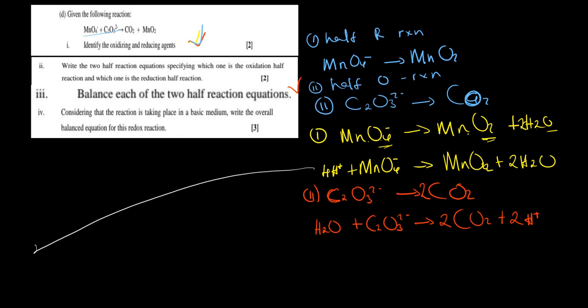So I'll say 4 hydrogen ion plus this compound, MnO4⁻, plus, okay, I'm done with these main species. I'm going for these other species, which are this point. So I'll say H2O, plus